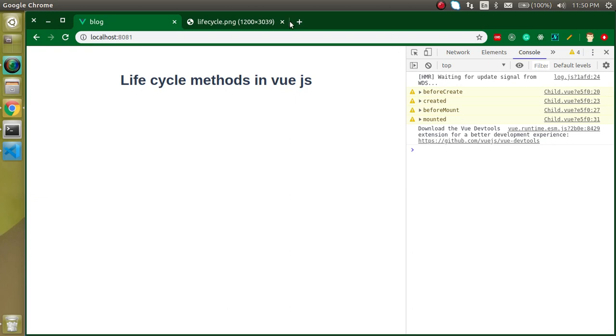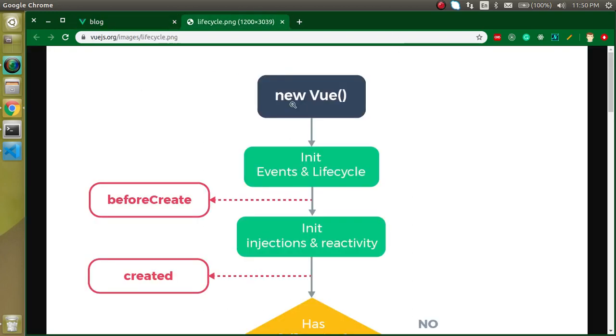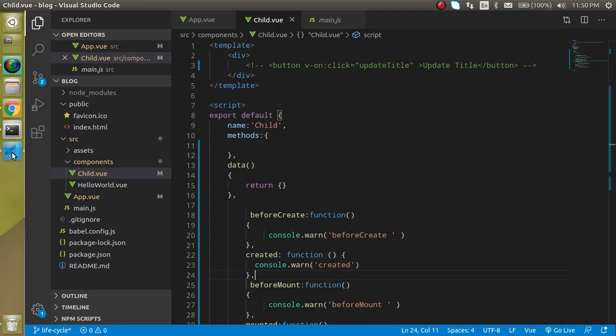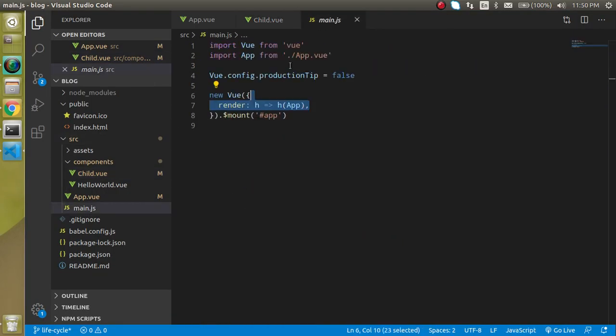So now let's come here and start. First of all, when your application creates an instance, you can think about where our application is creating the instance. For that you just have to go inside main.js and you will see that your application is creating an instance here.